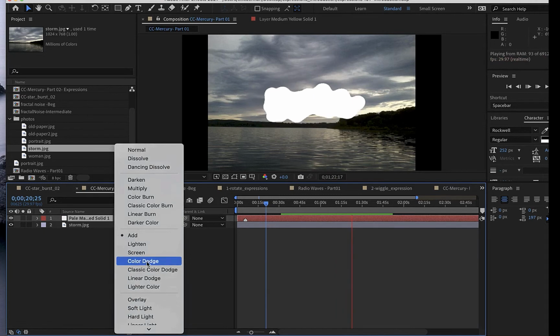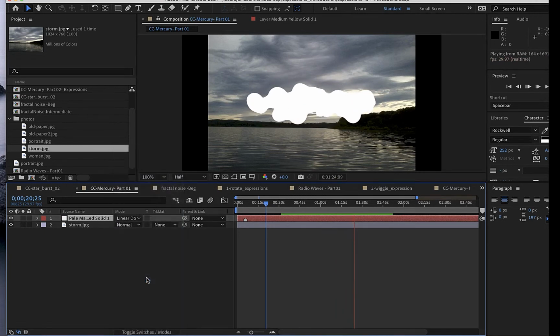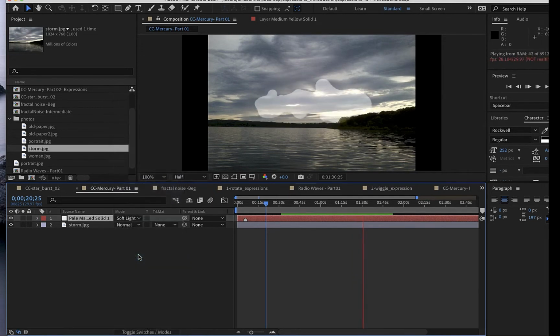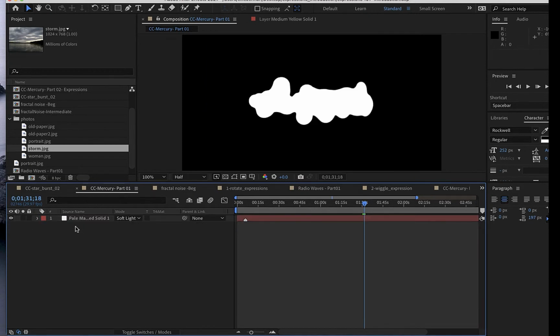Maybe overlay. So, depending on what you're doing, you can just have it as an element to your page. I'm going to delete that, put that on normal. And so that's